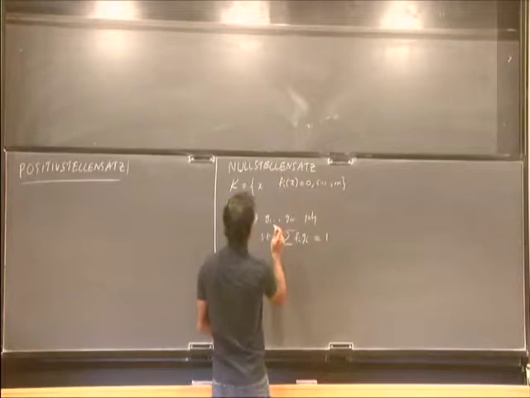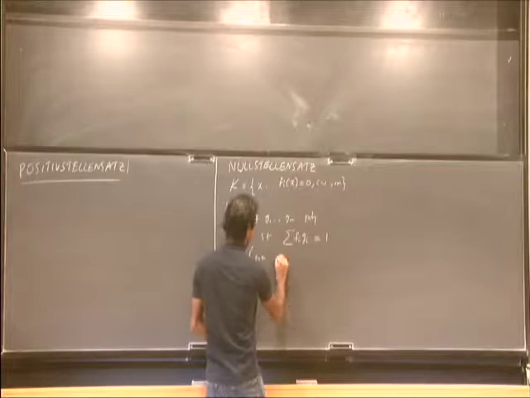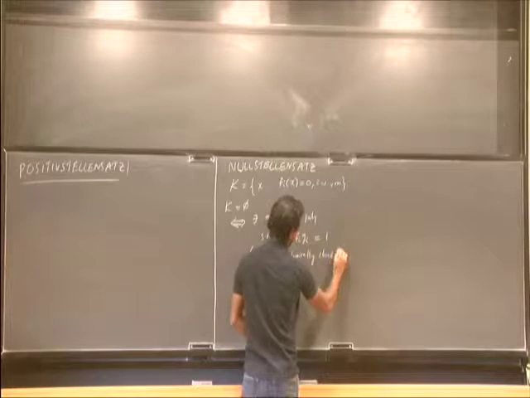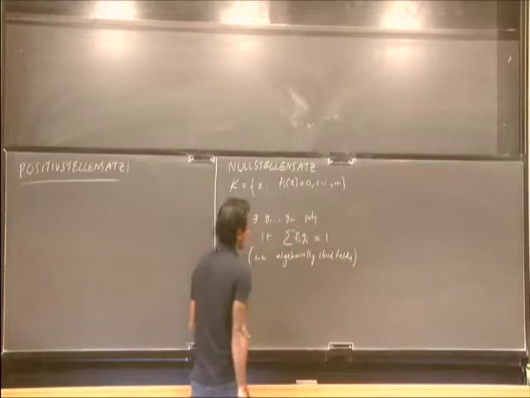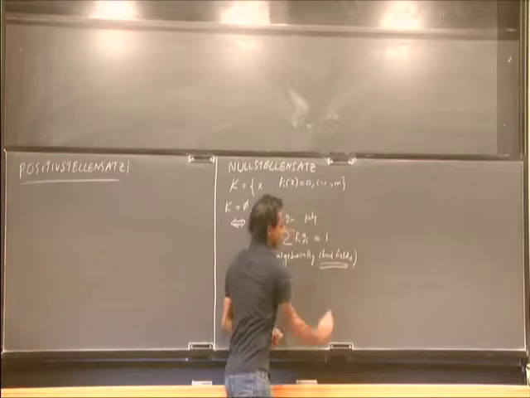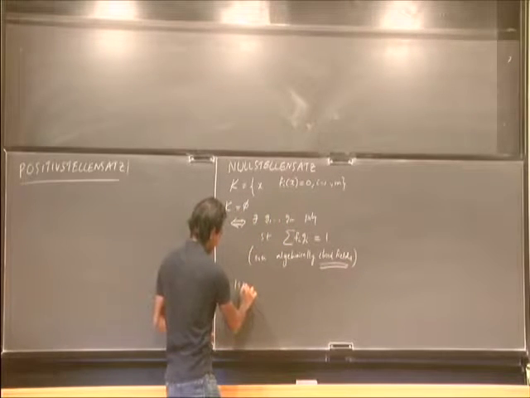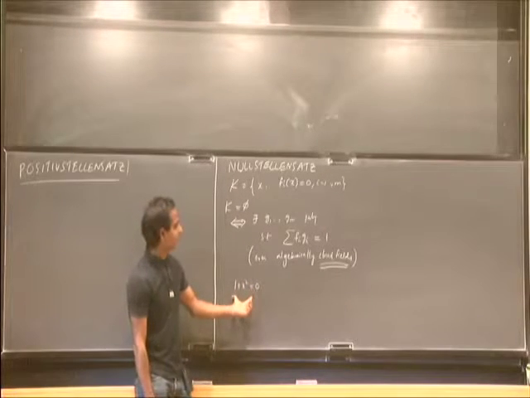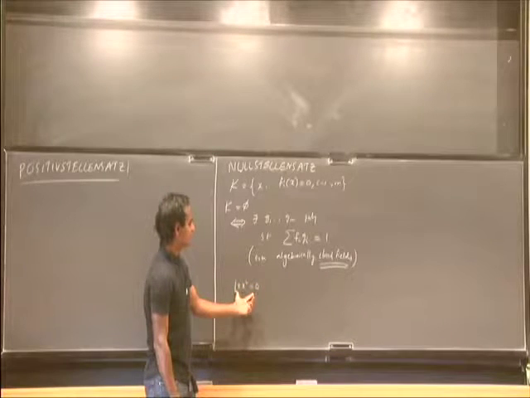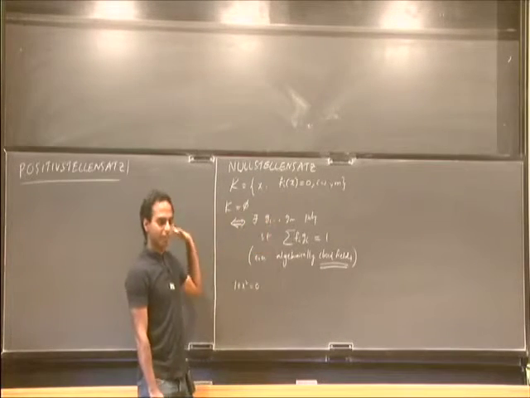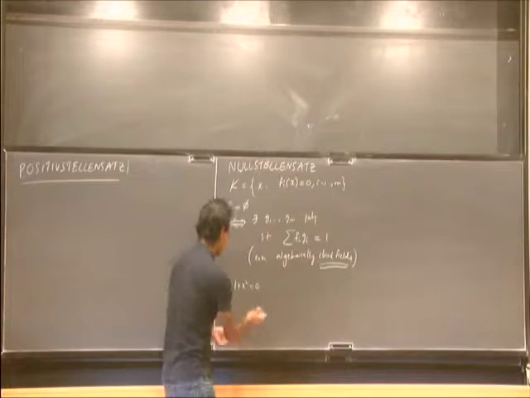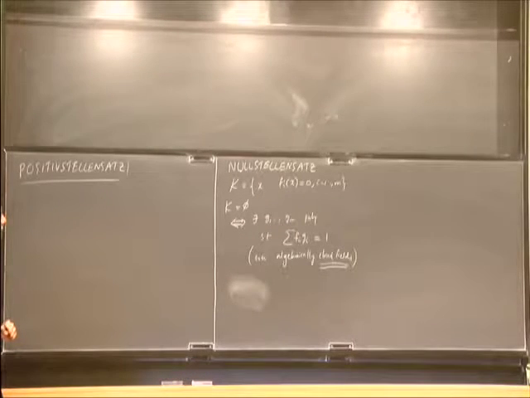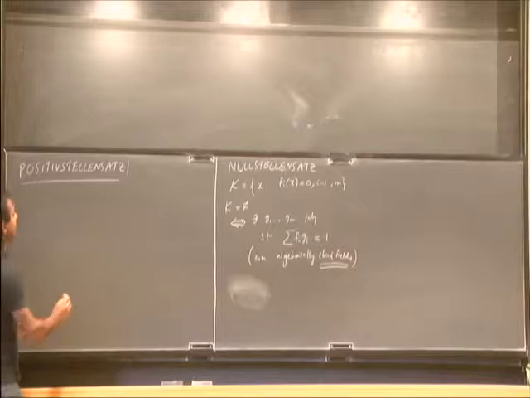Right, exactly right. I should write it down. Over algebraically closed fields. But this condition is extremely important because, for instance, the polynomial 1 plus x squared equals 0 has no solution over reals. Right? So the question now is whether you can get such a nice analog for the real fields. Okay? For fields which are not algebraically closed but have such orderings. And this is where positive Stellensatz comes in.